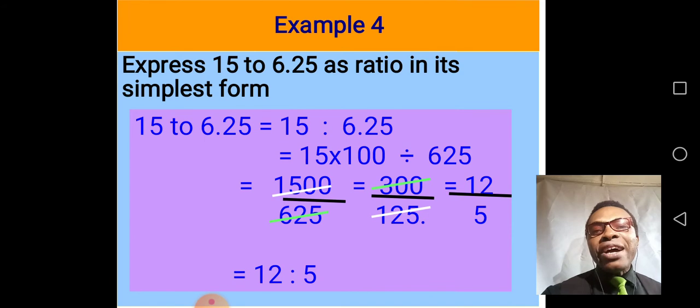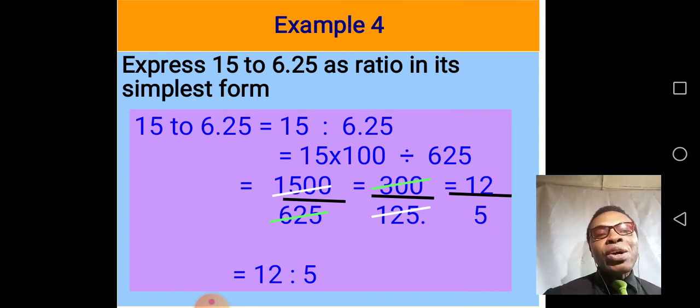You can use 5 to divide. 5 into 15 is 3, and so 5 into 1500 will give you 300. And 5 into 625 will give you 125. You can use long division to divide that. 25 into 125 is 5. And 25 into 300 is 12. And so our answer is